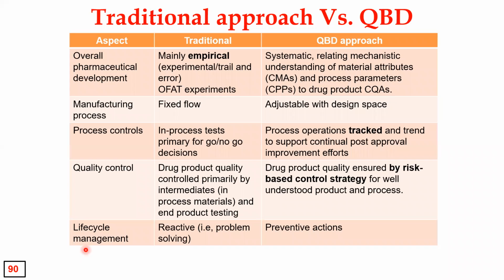The life cycle management is reactive. What is the meaning of reactive? Tomorrow, you may have heard this term in regulatory, FDA recalls. The FDA calls the company and says your product has failed in the market, please take it back and find out why. That is called reactive. Once the problem comes, only then do they react. But here we have preventive actions. We have developed a tablet using the QbD approach to prevent errors in the future. Even if errors occur, we can manage them, because the complete product life cycle is in your hands, starting from the selection of materials to the punching.